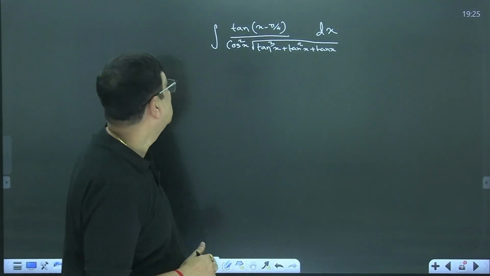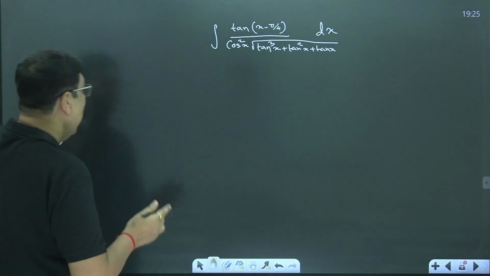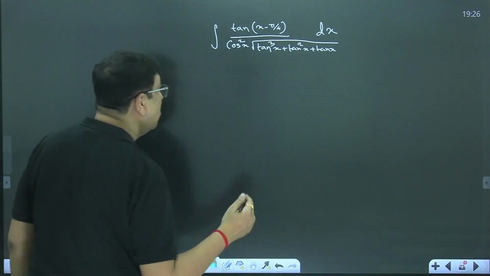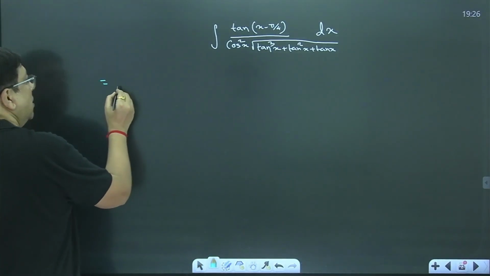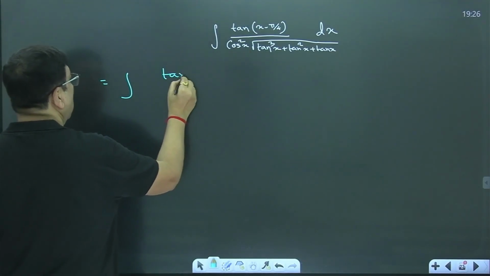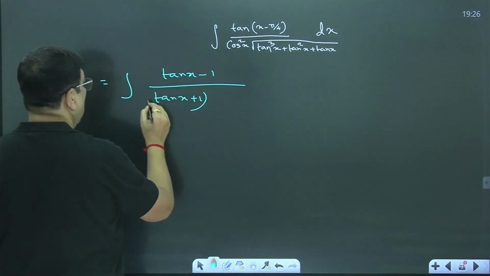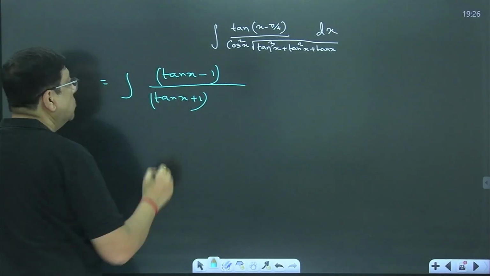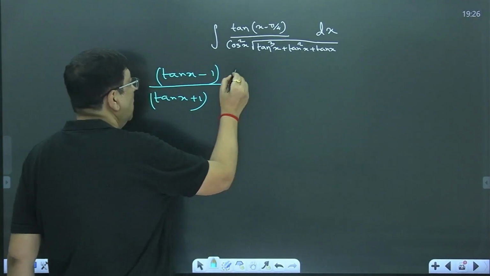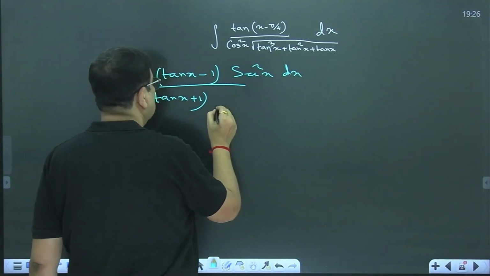Let's solve the next sum. So in this case, what will we do? First of all, let us apply the tan (a minus b) formula. And by seeing the sum, you have to identify that it is totally based on the root tan x integral. So here I am writing (tan x minus 1) by (tan x plus 1). And the numerator cos square x, I am taking up, this is coming to be sec square x. So it is coming to be sec square x dx,